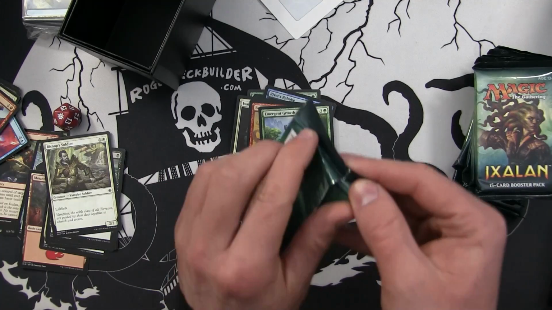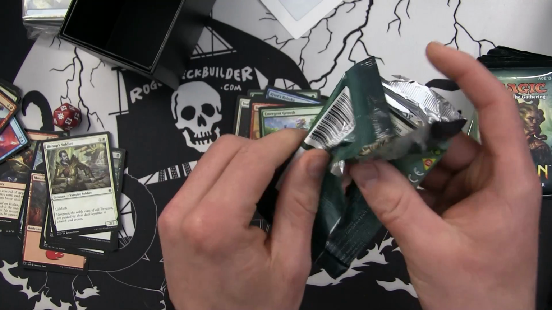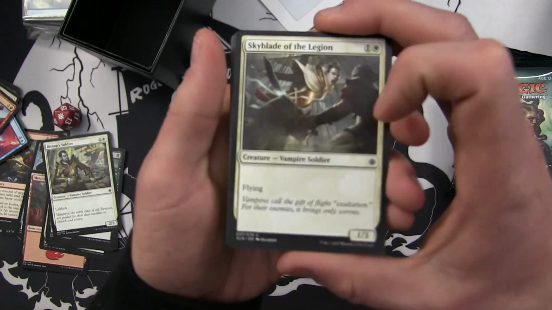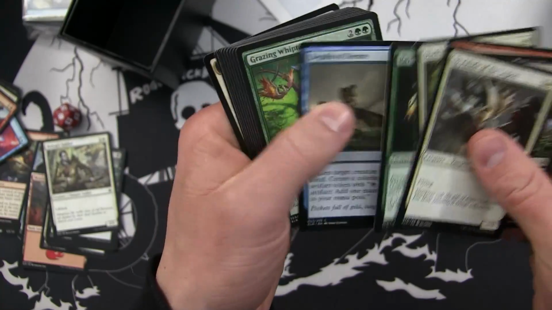Let's get on to the third pack. So did I mention who this is for? This is for good old Icebound Toast. So this is your Ixalan box. We're really prepared here at Gone Rogue Games / Rogue Deck Builder. All right, so we have the